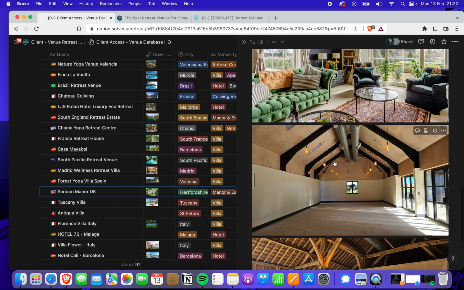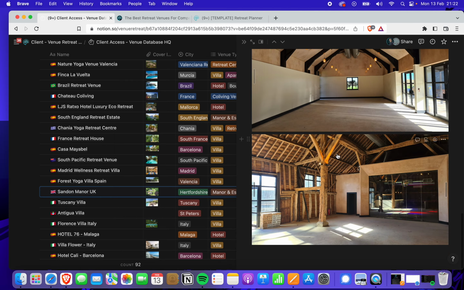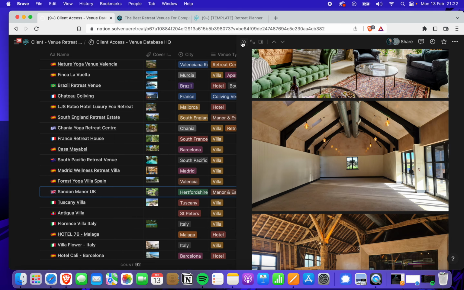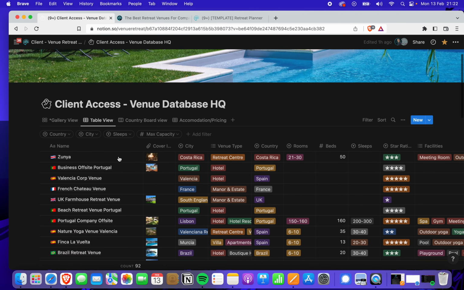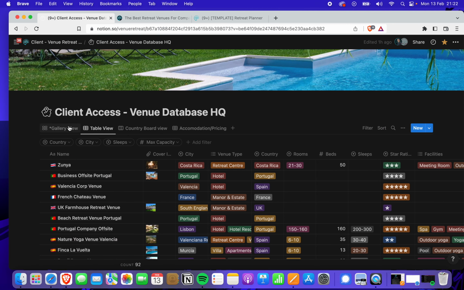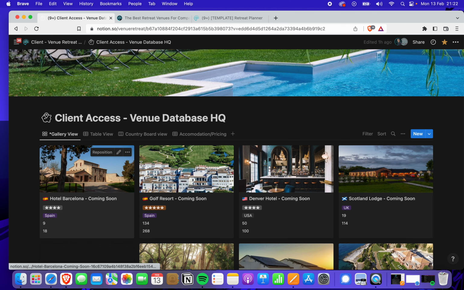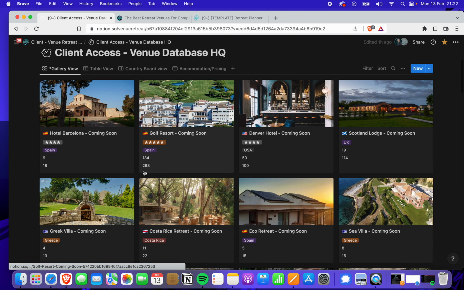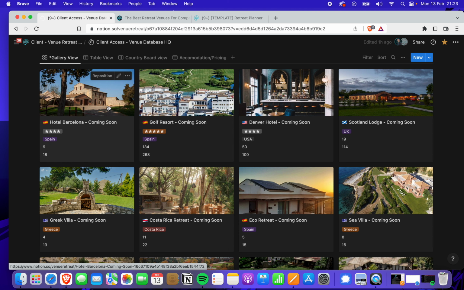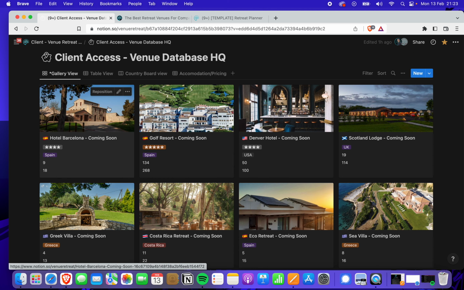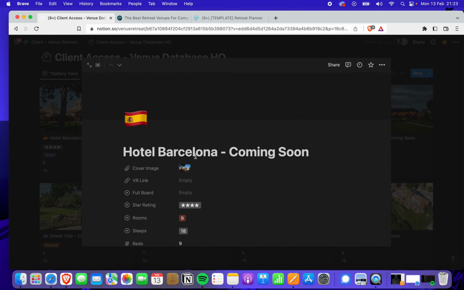So as you can see, really good, useful database for our clients, so they can have a look at it, let us know which ones they're interested in. And then we have different views, which is really cool about Notion. So for example, you can click on gallery view, and it gives you this gallery view with images of the venue. And the way you do this to get the images of the venue, you can click on one, and